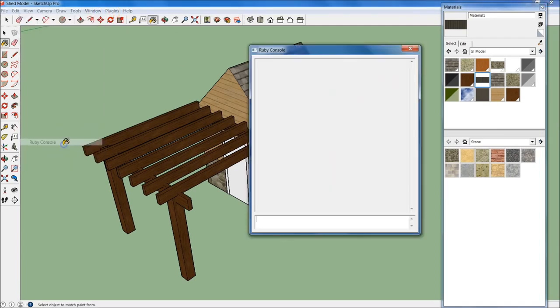And how we're going to figure that out is we're going to go up to Window, and then we're going to go to Ruby Console. Now, don't run away on me now. This isn't that complicated, what we're going to be doing here. We're just going to ask SketchUp to find where this magical unicorn file is at. So we're just going to type SketchUp,